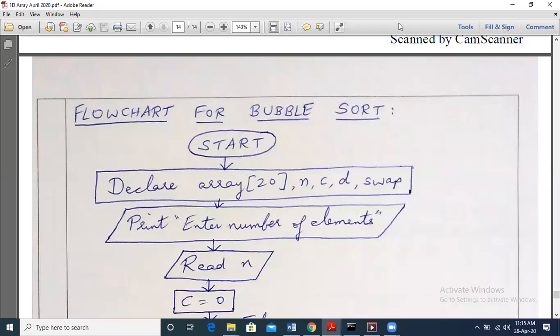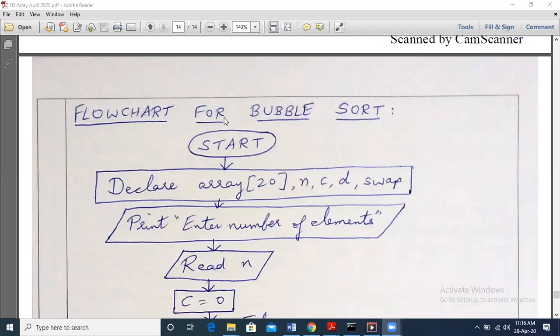As you can see on the screen, there is a flow chart visible, right? Here we are going to first revise bubble sort. I hope you were able to trace. Yesterday we traced bubble sort for 6 elements of the array. We took random 6 numbers and then sorted them in ascending order. The same program I have represented in the form of a flow chart.